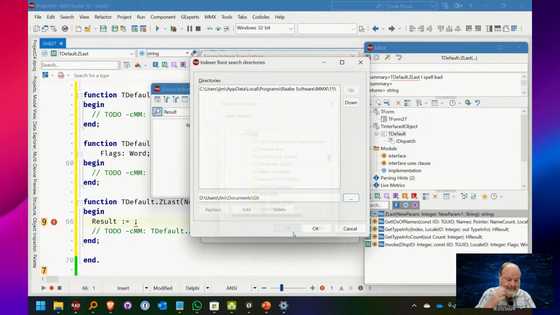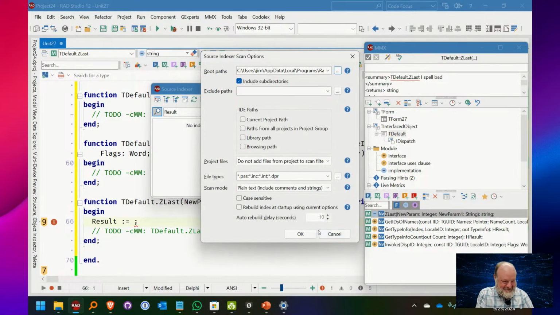So I'm just going to index my entire Git, which for some reason Microsoft updated Windows search to automatically exclude Git repositories from your search. They had some reason for that, but that's annoying because I put a lot of my code in Git and now I can't search it anymore.